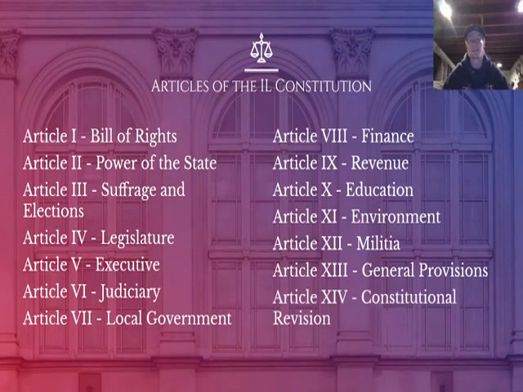And then the last article, Article 14, is going to be looking at constitutional revision, which is going to be done through two ways. Either one, a constitutional convention, in which they will most likely create an entirely new constitution, or of course amendments by the General Assembly that meets in Springfield. Just like how amendments would be added to the U.S. Constitution, amendments can of course be added to the Illinois Constitution. Now, this concludes